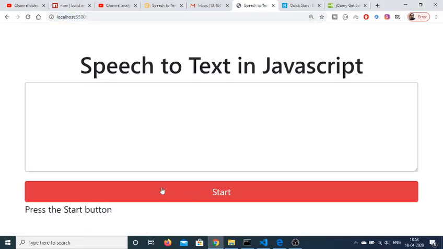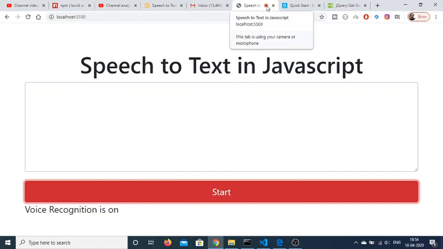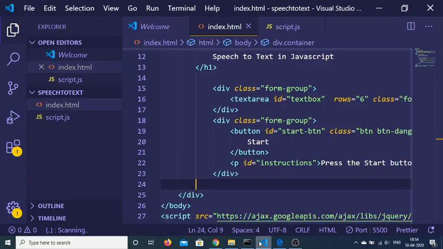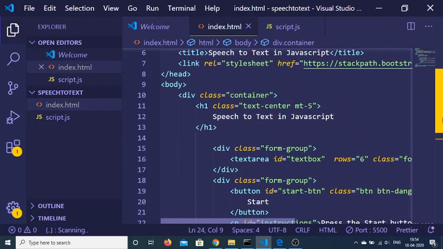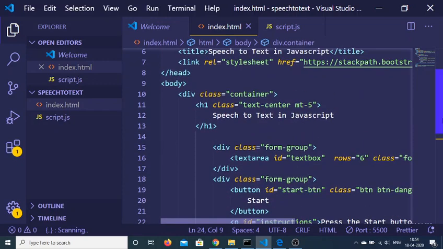If you refresh, if I click the start button, you will see that voice recognition is on, and you will also see I have granted the permission of my microphone, so it is automatically recognizing my microphone. When you execute it for the very first time, it will ask for the permission of microphone. So you just click the allow button, and then you will be granting the permission for microphone.